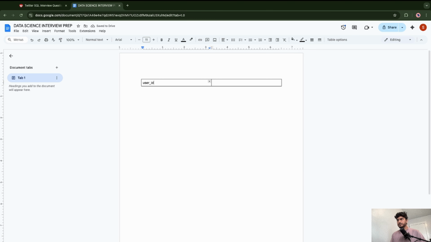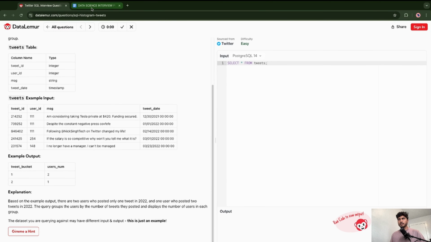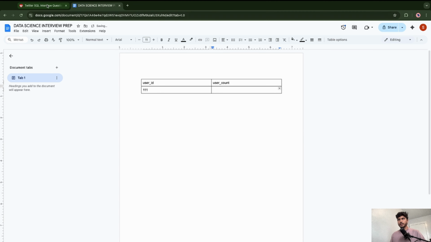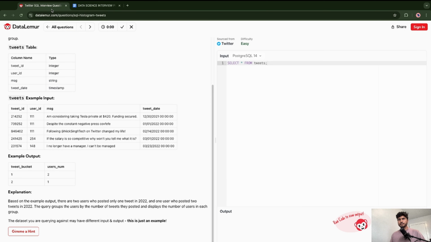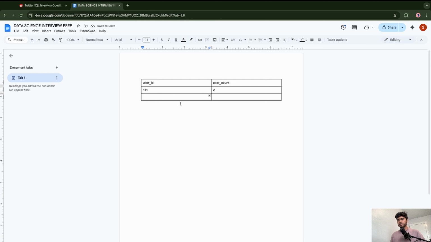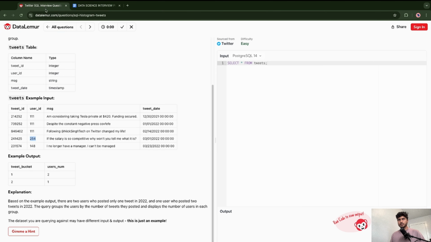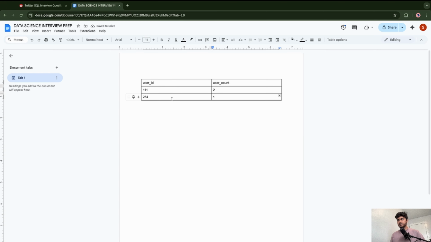We'll take user ID and user count. So the first one is this user, and he has 2 tweets, so let's use that. Then this one is 1 tweet, this one is 1 tweet. First, we'll try to construct this table, and once we do that, you can see that if